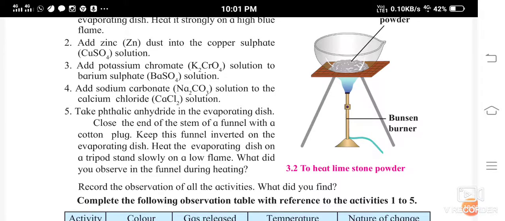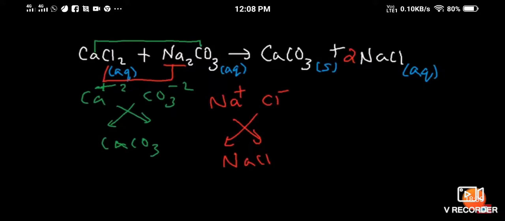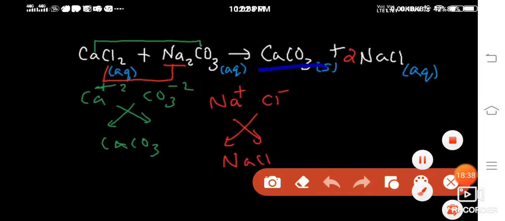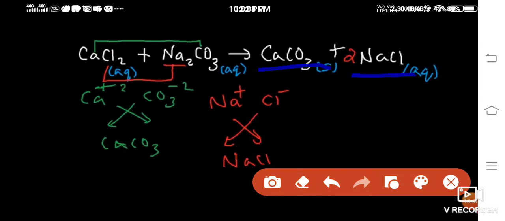Now add sodium carbonate solution to the calcium chloride solution. So you are going to add sodium carbonate, Na2CO3, plus CaCl2, sodium carbonate plus calcium chloride. What will happen when you add the sodium carbonate to calcium chloride solution? We will see. Calcium chloride plus sodium carbonate will form calcium carbonate plus sodium chloride,